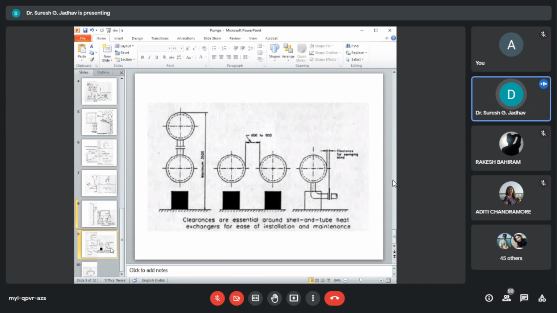For this, the basic knowledge of this type of exchanger and its construction details are required as per the TEMA, that is Tubular Exchanger Manufacturers Association, we call TEMA. It specifies the various combinations the exchangers are used in chemical process industries. Therefore, we have to consider basic types used in the chemical process industries.